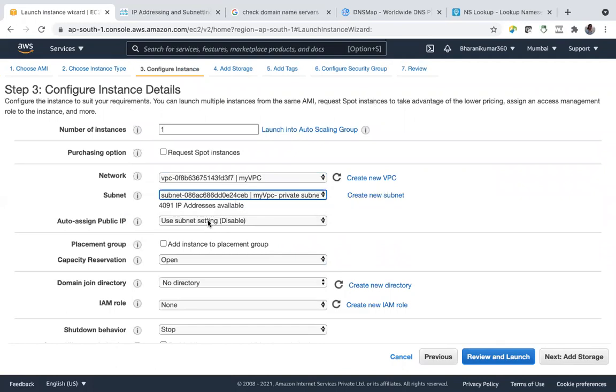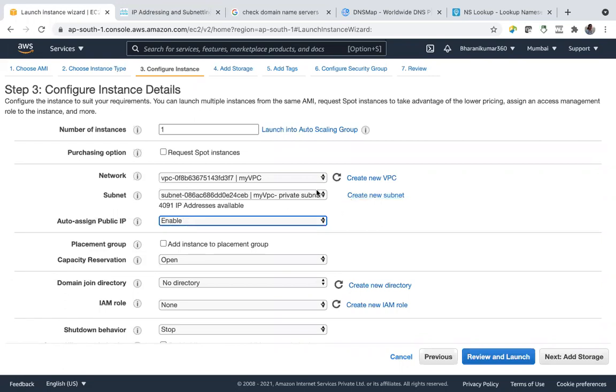And here you need not go with enable or disable also. If you leave it, it is disabled only; you can mention disable also. Enabling a public IP address doesn't make any sense here. Why? Because the subnet is not associated with the public route table. Even if the EC2 instance got a public IP, the route table cannot route the traffic outside the VPC, that is into the internet.